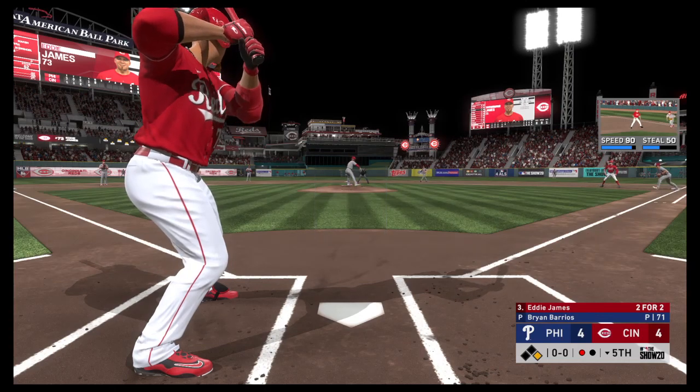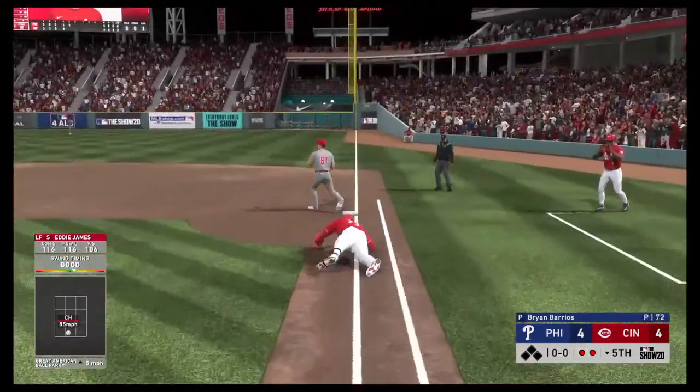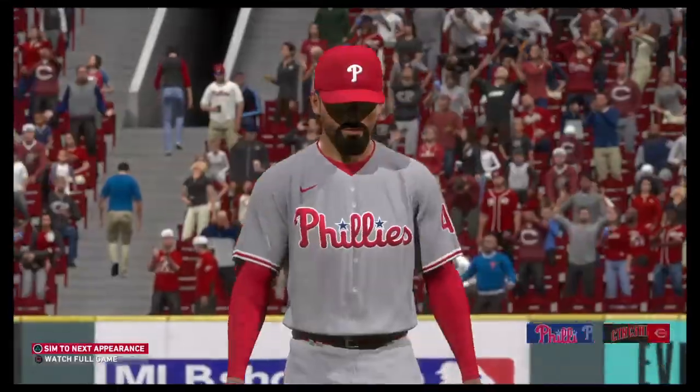He'll look to add on right here. This guy's having a pretty good week so far. His last at-bat is second. And we'll have to leave it there as the play is made here to...